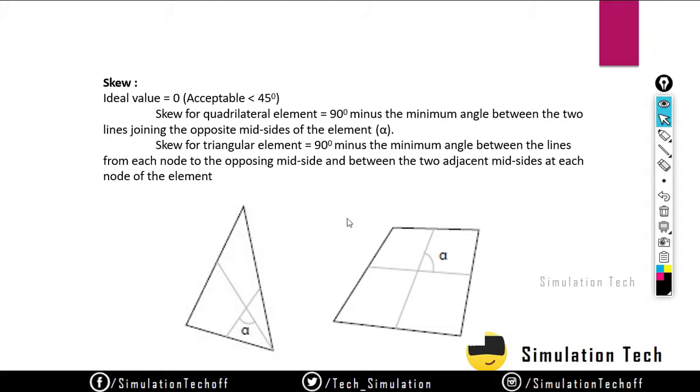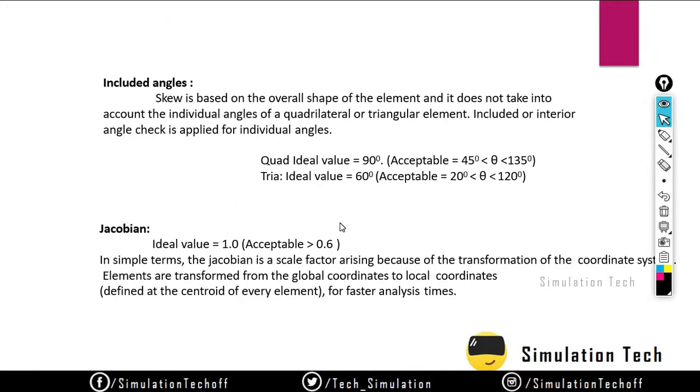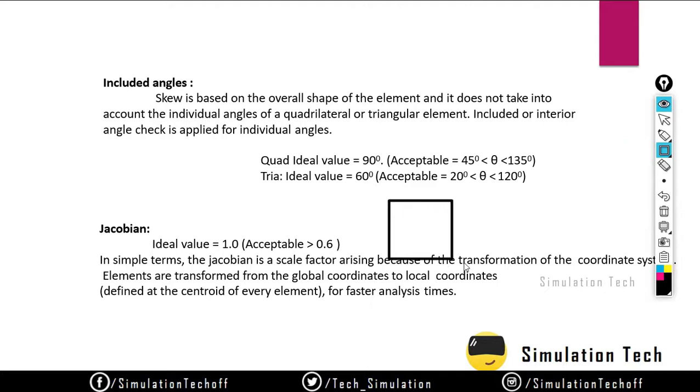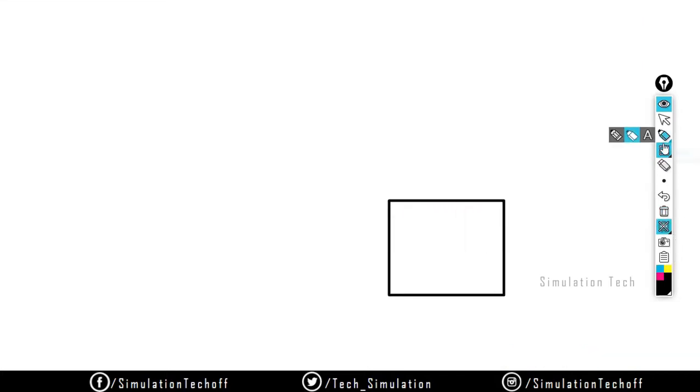Fine. What is the next thing? Jacobian. If you want to read out the theories, you can, and probably you get full marks if you write this in your examination sessions. But for an interview, it is not as suitable, so I will explain more clearly. This is my actual quad. When I try to apply some forces over here, like this, probably it will deform like this.